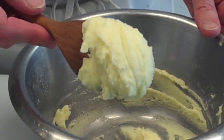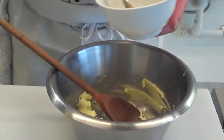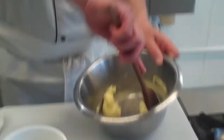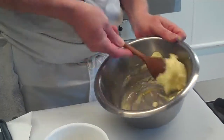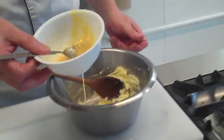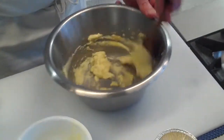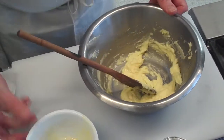It's gone almost white. Okay, when that's done, we have one egg, and put a little bit of egg in at a time. Same process as with the sponge, with the pastry. The sponge, you need to incorporate the egg bit by bit, and sometimes it does look a little bit like it's curdled, but don't worry too much about that. If you've creamed properly, you'll be fine. And then my final bit,